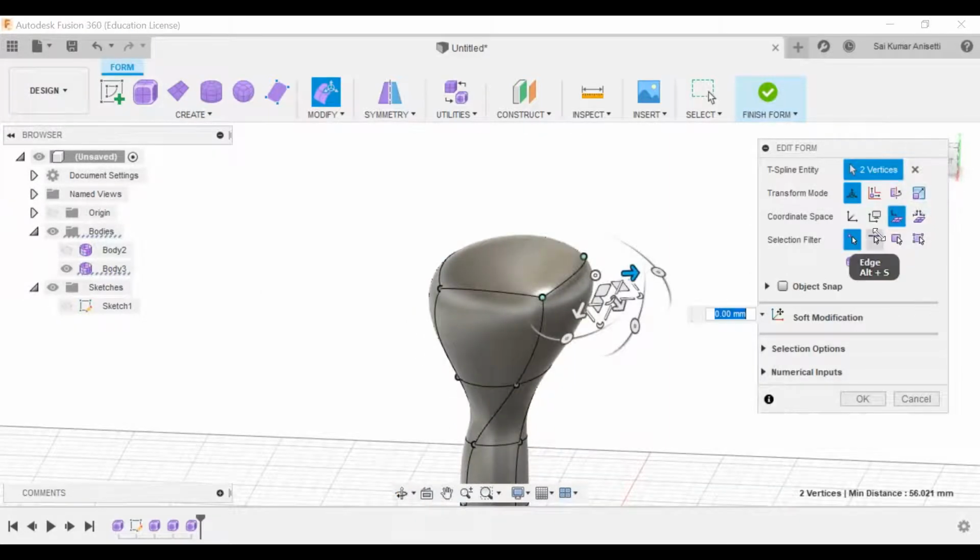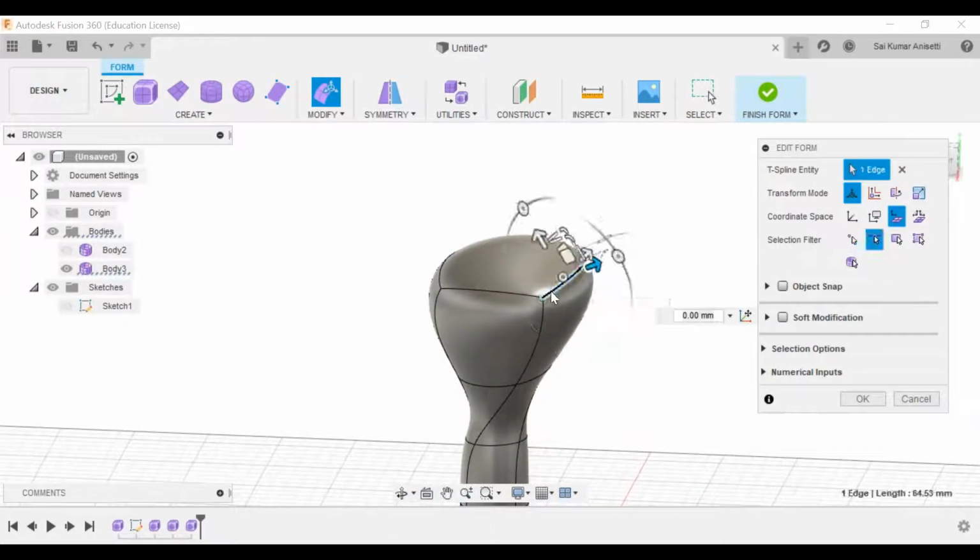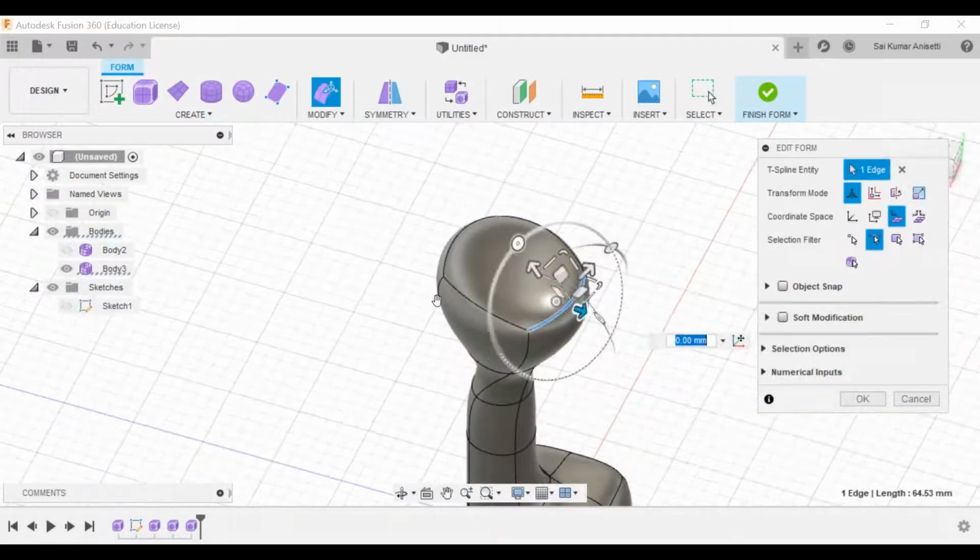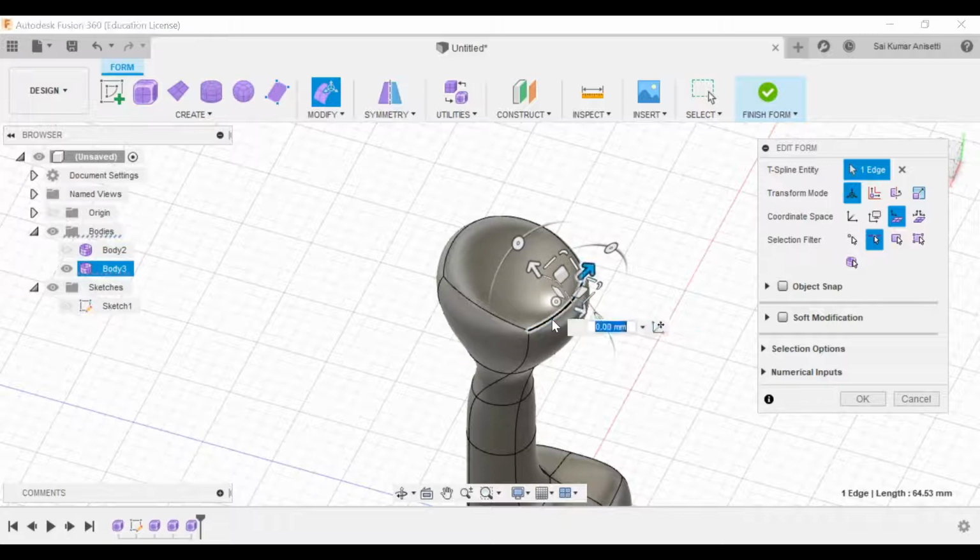Now if you want to have only edge, select this particular edge, it will select only that particular edge. Now there's a tip or trick. If you want to select this rounded edge, all this as a circular one, 1, 2, 3 and 4, double click this edge. Let me select this edge. Sorry.